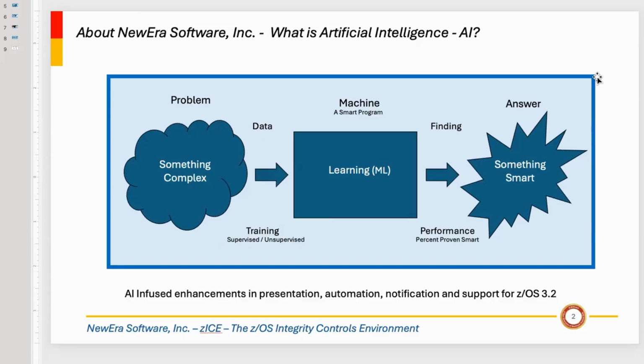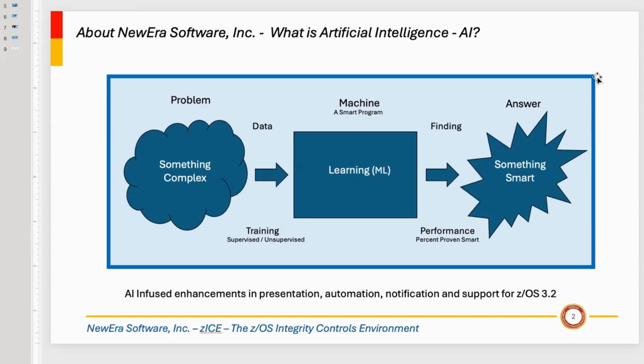as human beings. Of course, on the other side, that is, when the findings are made available, it's critically important for us to measure its performance. And performance typically in AIs is based on the percentage of how often it was proven smart. That is, how much we can depend on it, how credible we believe its findings are. And of course, in the case of z/OS and system programmers, that performance has to be 100% or at least